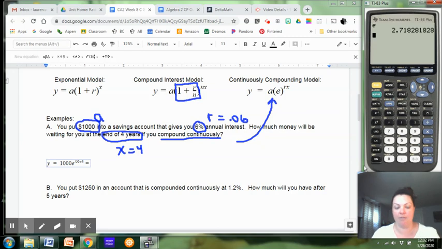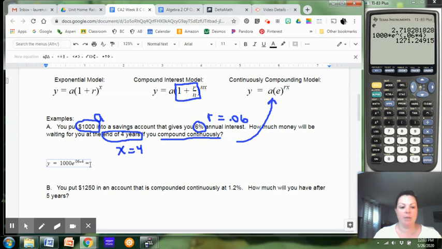Now that we got our formula, our model set up, we're going to type this in. 1,000 times. Now, the nice thing about the graphing calculators is that this E that's above the button that says ln, that actually brings the exponent open for you. So we're going to do shift ln, and then you can see the exponent kind of opens up automatically. And we're going to do 0.06 times 4 and close those parentheses to say both numbers are in the exponent spot. We're going to hit enter, and we're going to end up with a total of 1271